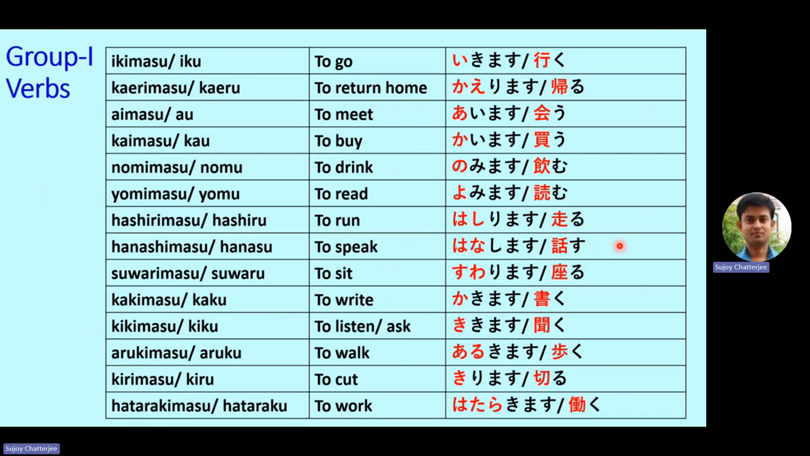So these are the group 1 verbs. This is a complete list. This is a very useful list which you can memorize so that you know all these verbs of group 1. So let's go one by one. First one is ikimas. Stem verb is iku, means to go. And if you see here, we have written this in hiragana, ikimas, and we have also written the kanji and the stem form, iku. So the red color means that